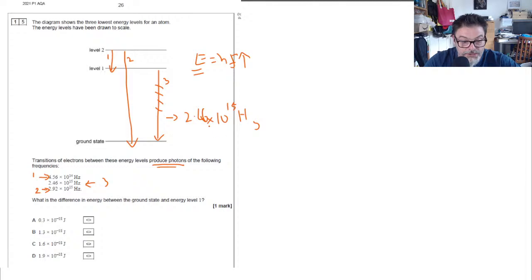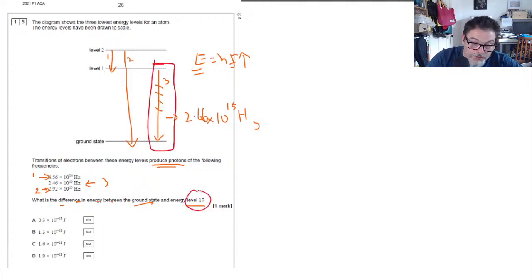All right. Now the question says, what is the energy difference between the ground state and energy level 1? Well, that corresponds, as we've just seen, to this transition, because it's level 1 to the ground state. So we know that our delta E is going to be equal to h